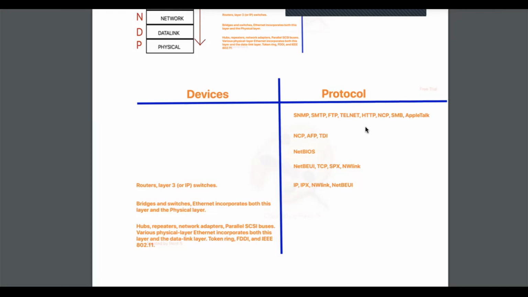Yes, I mentioned switch before in the data link layer, but we also have what we call the layer 3 switches in the network layer. You're going to get many more explanations in a future video. However, in the network layer, we do not have only devices, we also have protocols like IP, IPX,